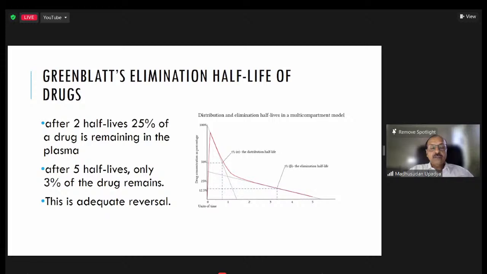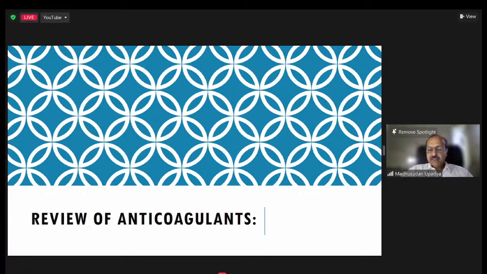Therefore, you have to wait for 5 half-lives of any anticoagulant before you decide to invade for the central neuraxial blockade. All right. After 2 half-lives, there is 25% of the drug remaining in the plasma. But after 5 half-lives, it's only 3%, which may not be giving you clinically important action of the drug. Therefore, you can safely use any of your techniques after 5 half-lives. Okay. With that introduction, we'll talk about a few of the anticoagulants and how they are related to central neuraxial